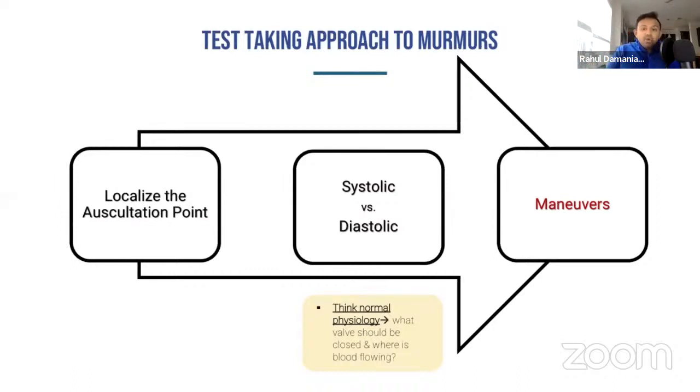So when it comes to discerning whether you're talking about a systolic or diastolic murmur, I always go back to normal physiology and ask myself, what valve should be open and what valve should be closed? And if any issues are at that valve, it will cause a murmur, because a murmur is basically turbulence across a defective valve. So for example, when you're thinking about the left side of the heart and systole, in systole, what valve should normally be open? Go ahead and put that in the chat. In systole, what valve normally should be open? Go ahead and put that into the chat if you're thinking about the left side of the heart.